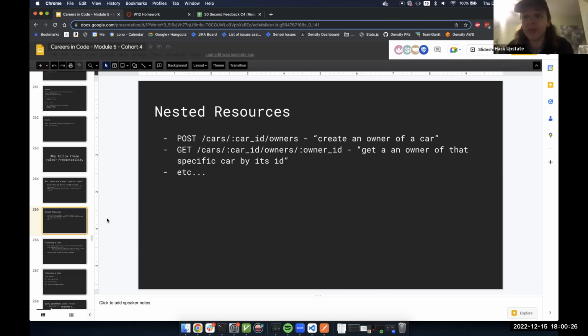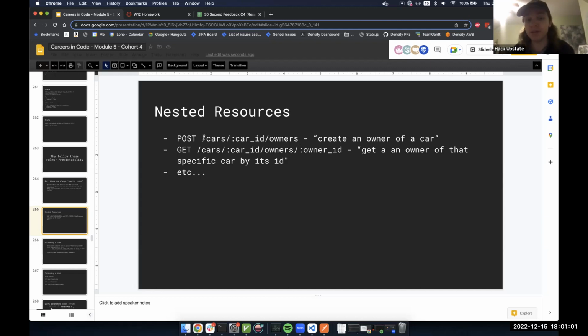So one way in REST you can represent that query, and there's a few ways, is you could have a nested resource inside of cars. So let's say I made a GET to /cars/car ID/owners. That could give me back a list of all the people who have owned that car in the past. And I could do owners/owner ID, that pattern where the thing after that is the ID to target that particular one. And I could get that particular owner,